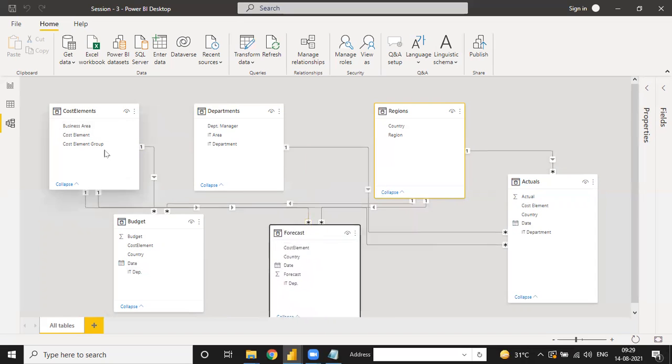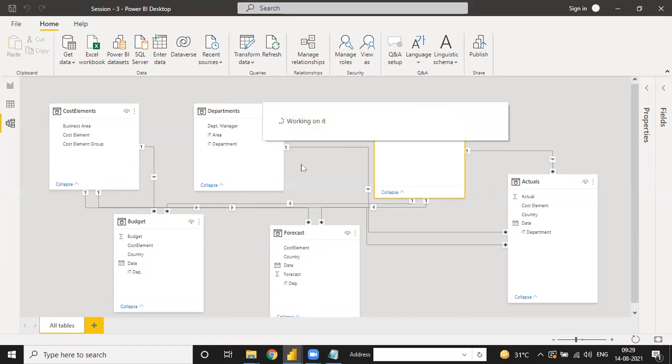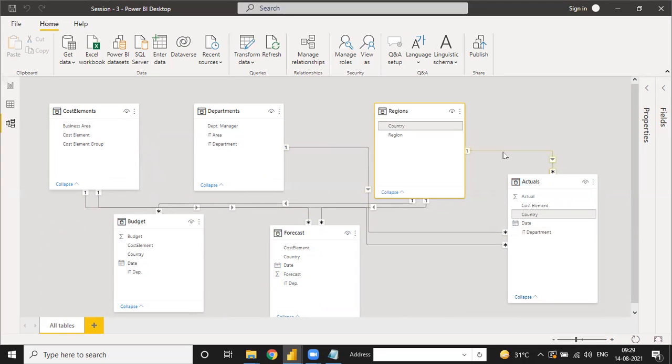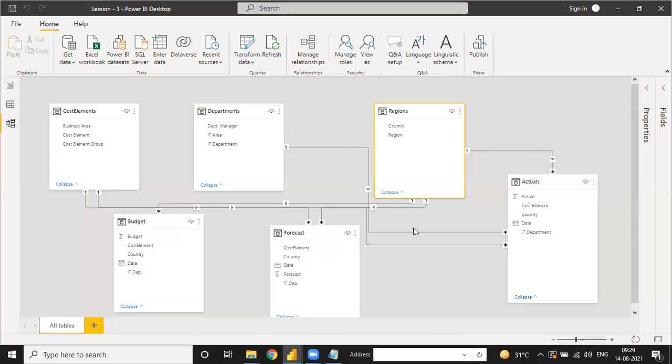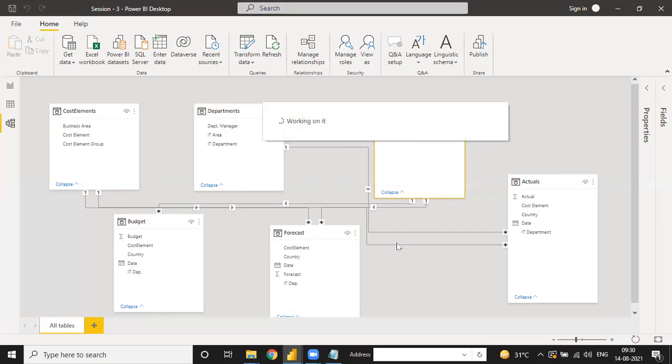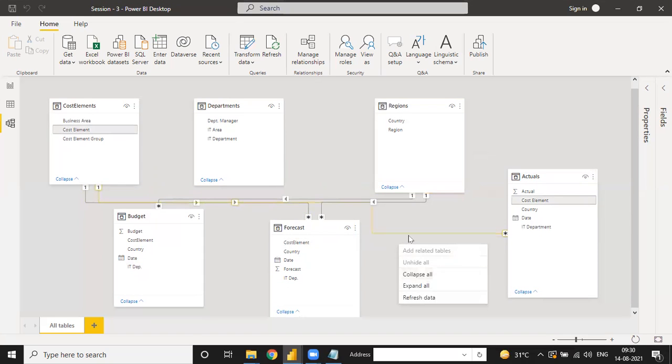Okay, so first, I will remove all of this and delete it and make the relationship again, because the relationships are made automatically by Power BI. So either you just check whether the relationship is correct or not, otherwise you delete all your relationships and make them on your own.